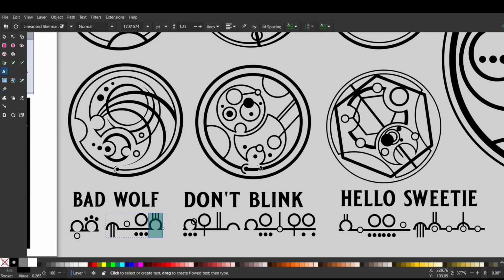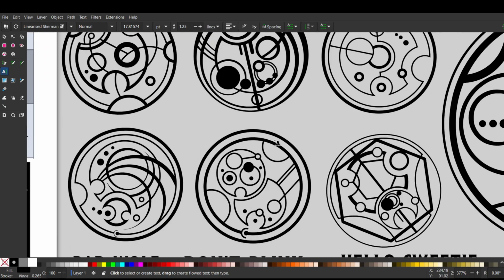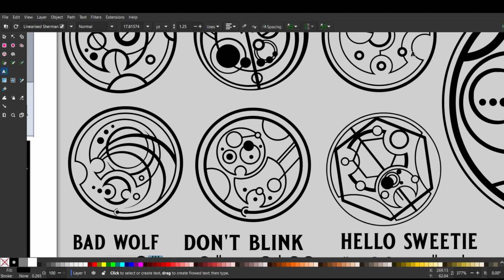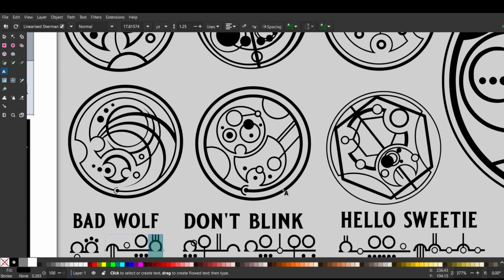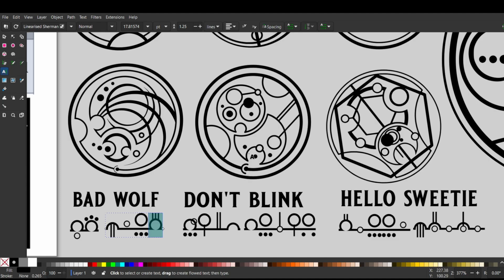Okay, don't blink. This is probably the simplest style of all of the above because I don't have any pretend circles like this one in Geronimo. I just have dots and lines that are straight, and it is quite straightforward. So we have 1, 2, 3 dots on our D, which is good, and the O is attached to it like a bead on a string. And then we have the N with 1 line and an apostrophe, a double line, and then a T, which is this deep divot here. And you can use those deep divots to link words together. So that would be don't, and then we have